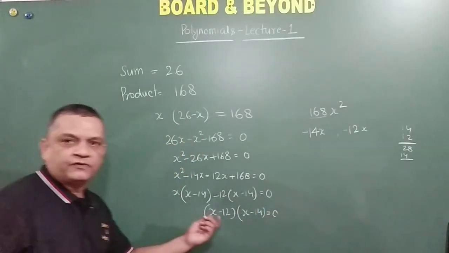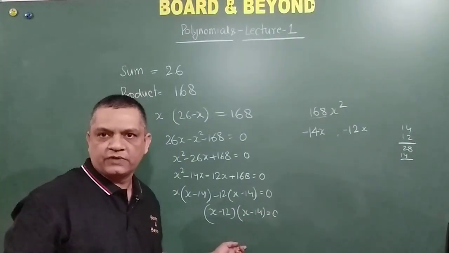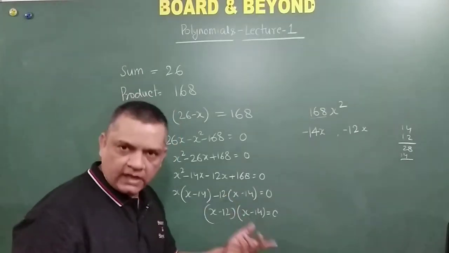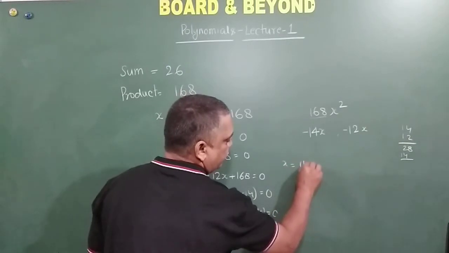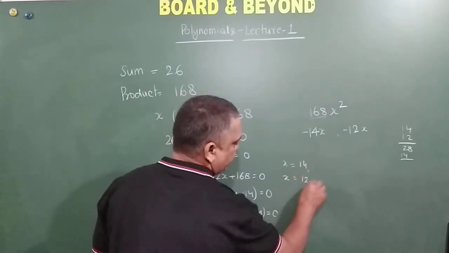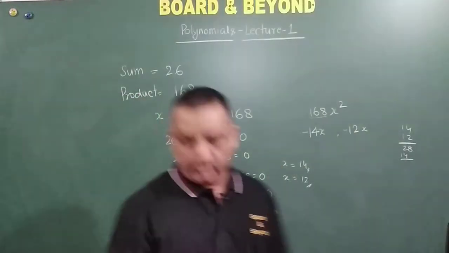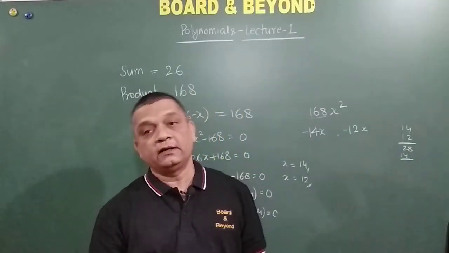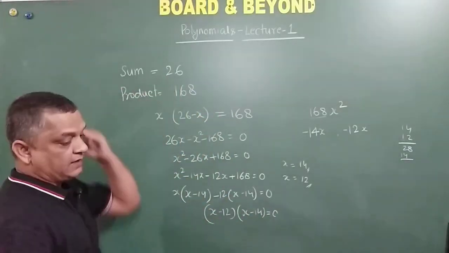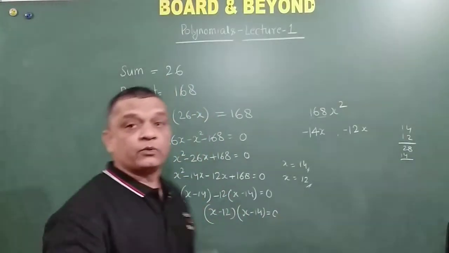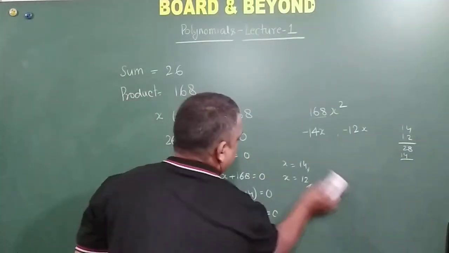Now see, the product of this term and this term is equal to 0, which signifies that either of them is zero, right? So any one of them can be equal to 0. So equating one by one to 0 gives me x is equal to 14 and x is equal to 12. So the two numbers are 14 and 12. Depending upon whichever we want to take greater, we can take, right? The sum will be 26 and the product will be 168. So this is how we are going to use polynomials in our future life, or in our practical scenarios.